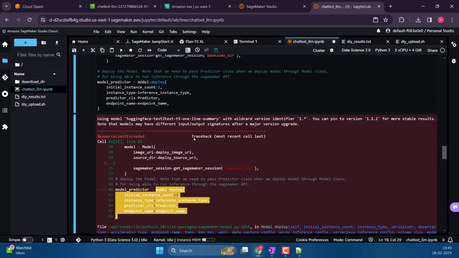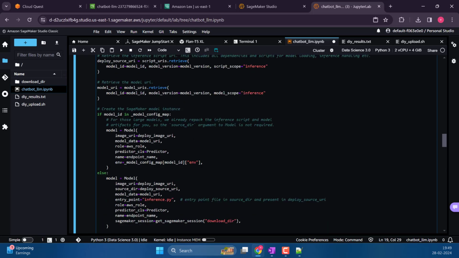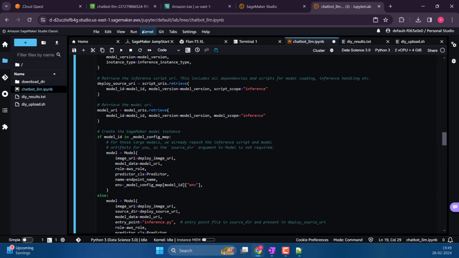Resource limit exceeded. Okay, I think I know what is going on.